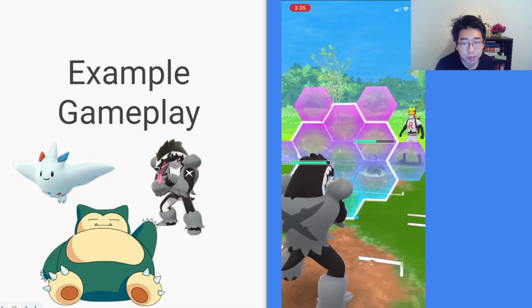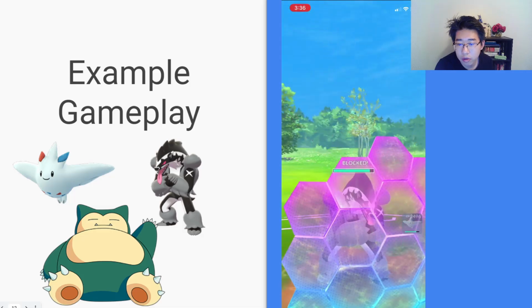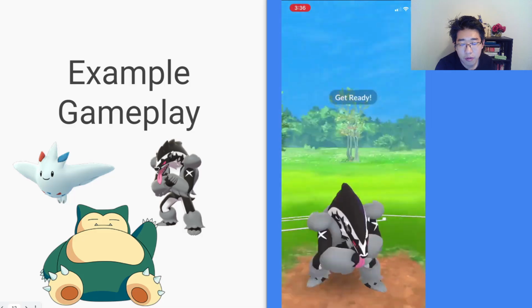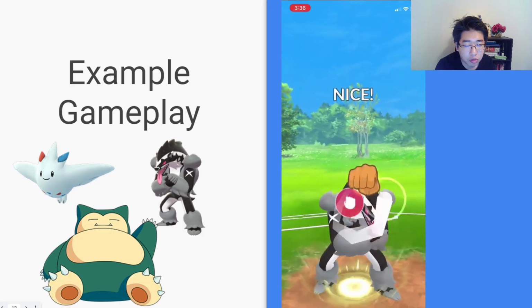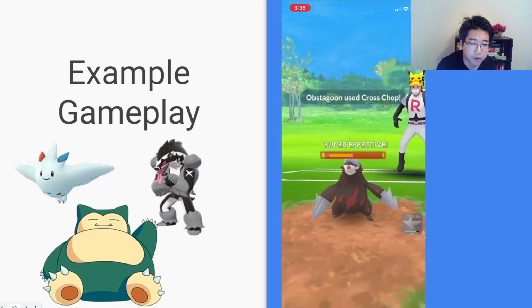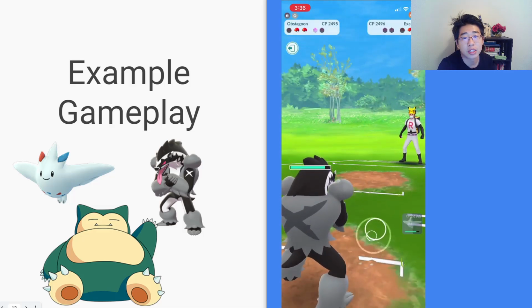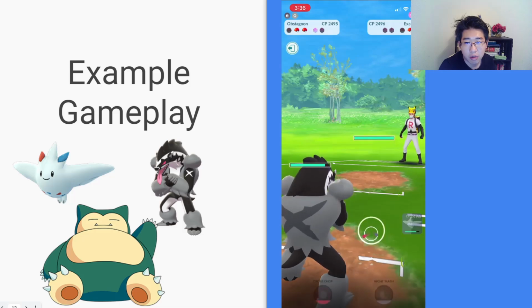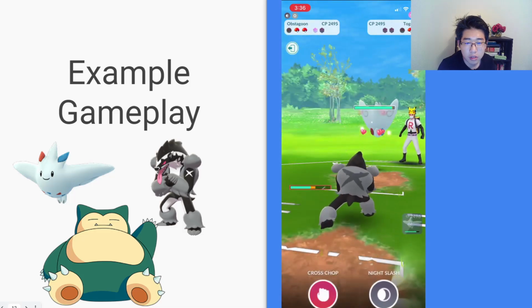So what I'm going to do here is shield the Drill Run, because the Drill Run will do a lot of damage. I'm going to get off this Cross Chop, also doing a lot of damage to this Excadrill. Excadrill is a very interesting Pokemon. It spams moves really fast, but it's a lot squishier compared to a Galarian Stunfisk. Right, so Obstagoon can take it out with no problem. They actually have a Togekiss of their own. So this is very interesting